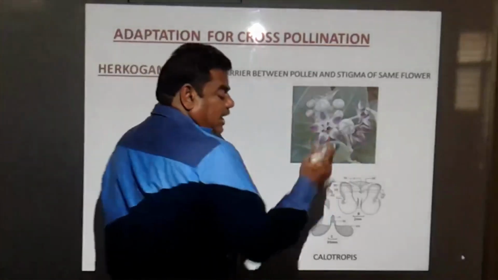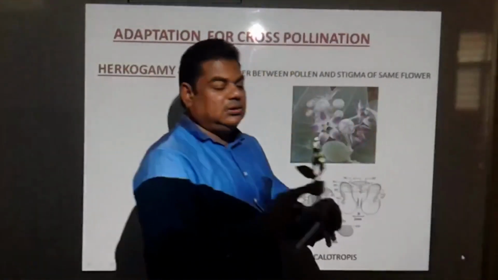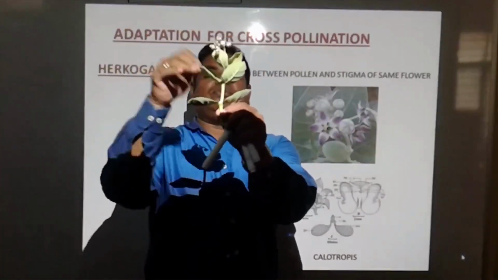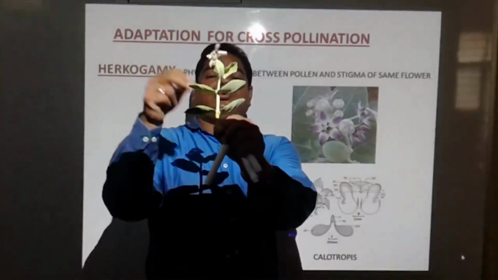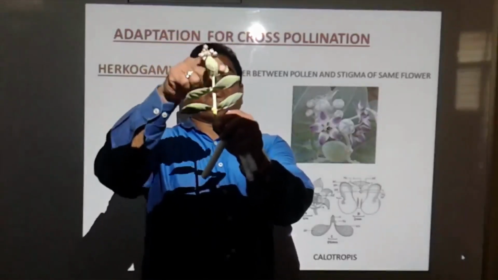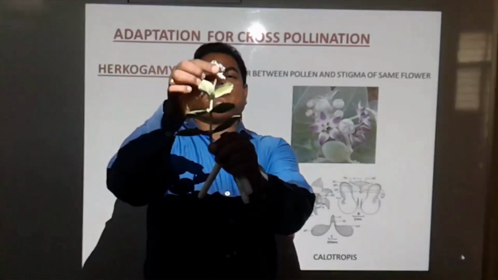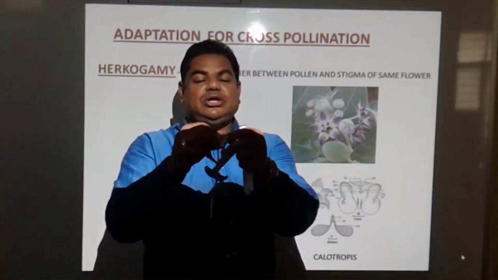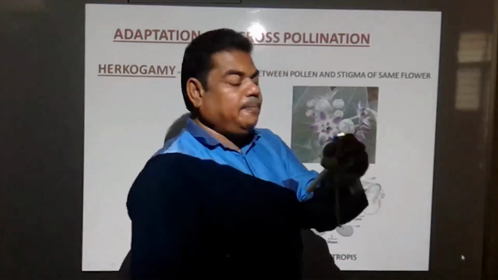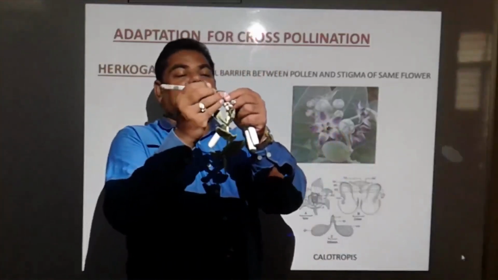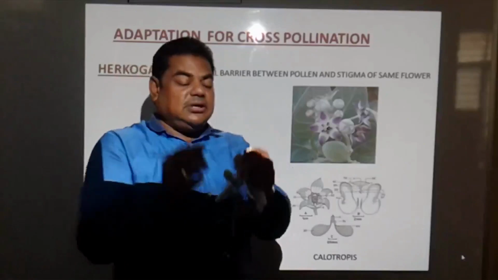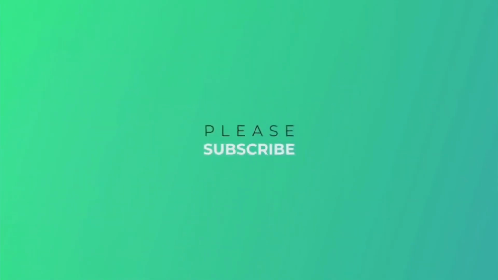And what is that physical barrier? See here, this is a plant, we call it Calotropis procera. It consists of leaves showing opposite decussate phyllotaxy. This one is the inflorescence. It consists of flowers, and each flower shows this structure, we call it the stigma. And in this flower, at the tip here, if we pick this bulge portion from this, then like this